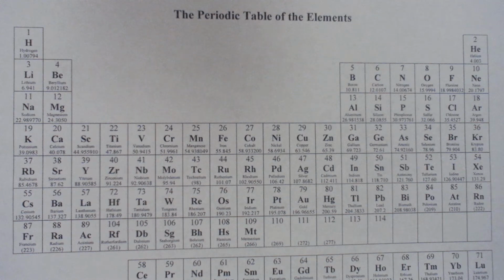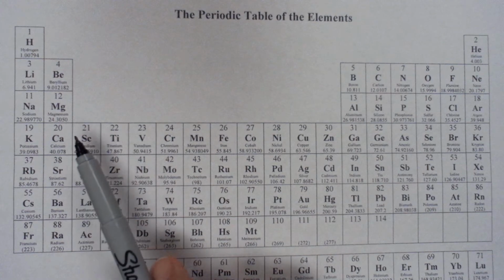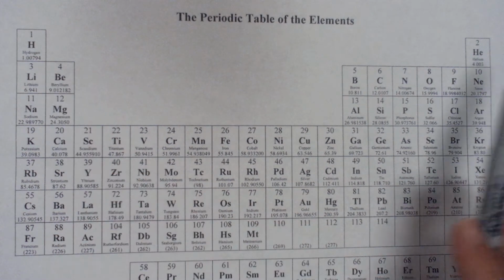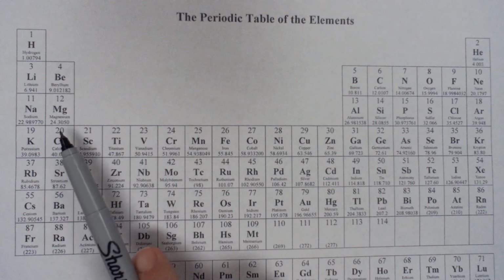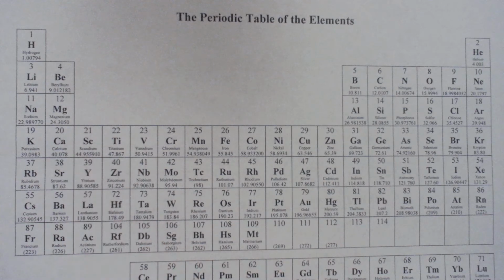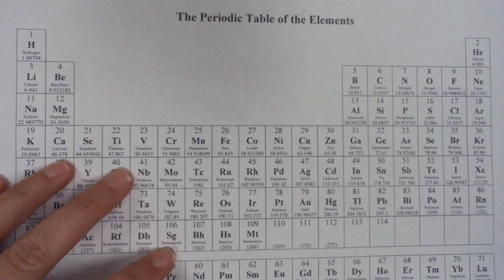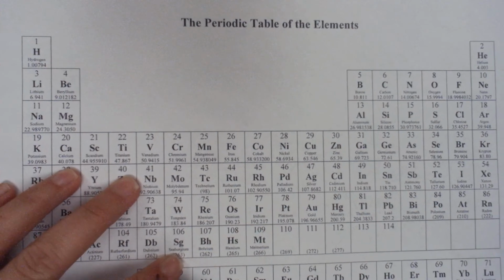Okay, so today we're going to talk a little bit about the periodic table of elements. You have already been practicing the periodic table. By now we have memorized 1 through 20 with the atomic number, the symbol, and the name. Today we're going to talk a little bit about electrons and electron configuration. Well, we're going to begin talking about electron configuration, but you probably see on periodic tables a lot of times